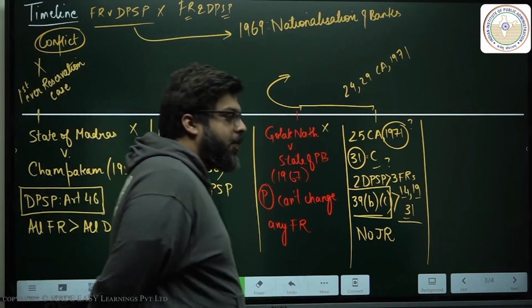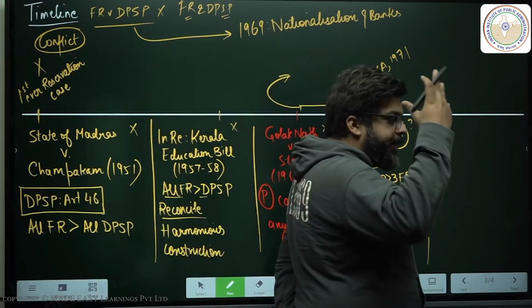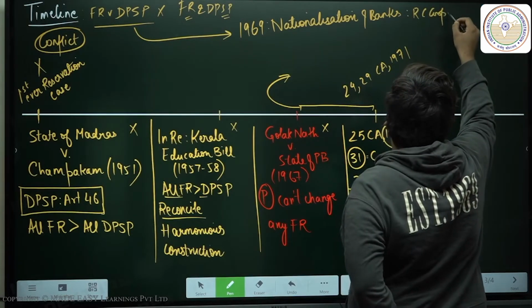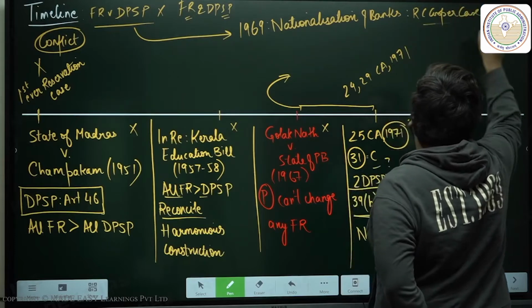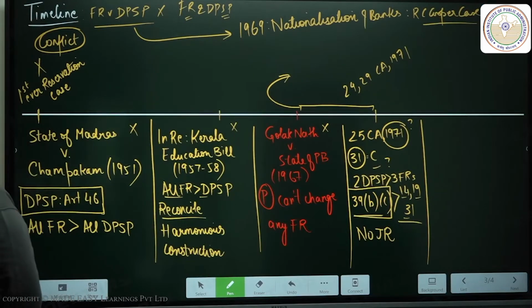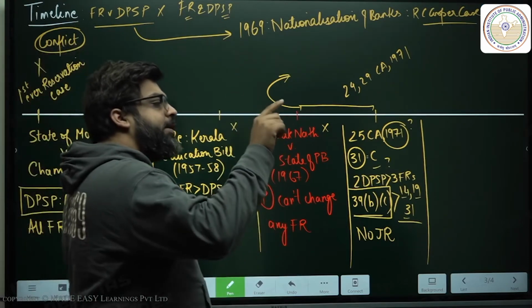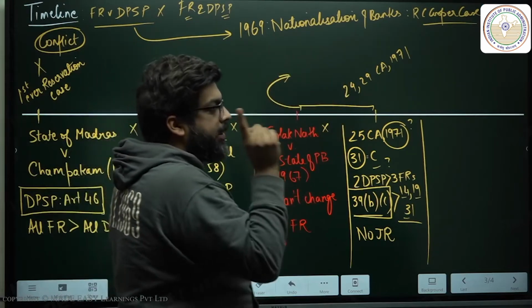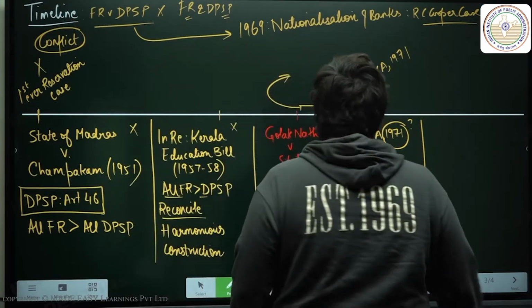Now, R.C. Cooper sahab, obviously, Parsi, owned major banks. R.C. Cooper challenged this. In the R.C. Cooper case, the Supreme Court struck down your bank nationalizations. R.C. Cooper versus Union of India struck down these private banks. Okay? All right? Supreme Court said the Parliament has the right to nationalize banks. No problem at all. But this particular nationalization is wrong. ठीक है, चलो खैर,